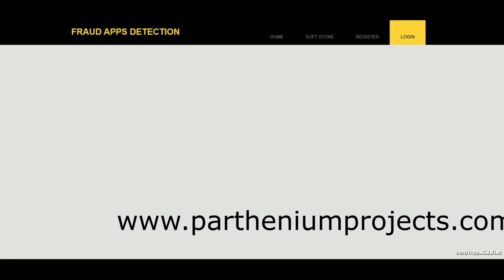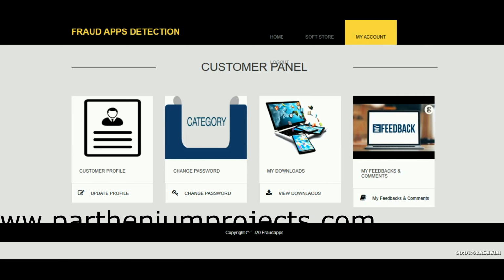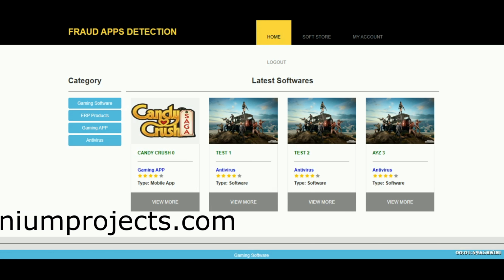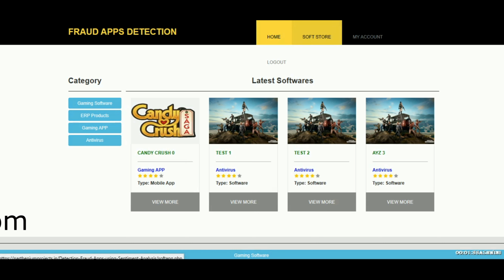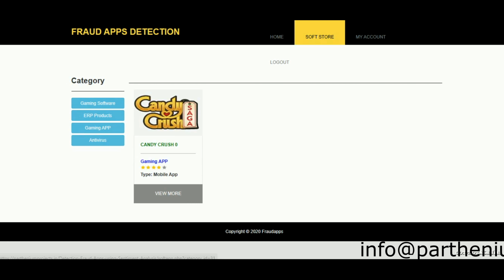In the login page, you have a few different options. Menu here is home. In the home screen, you'll get all the different categories of the software. The latest software will be displayed on the top of the home screen. Next, soft store. Here you can find all the software, whichever category you press, that particular category's apps will be listed out here.